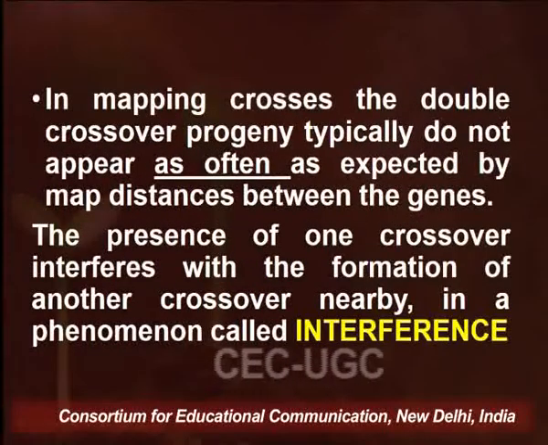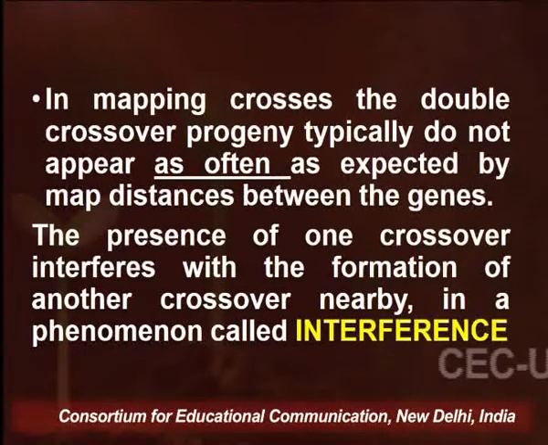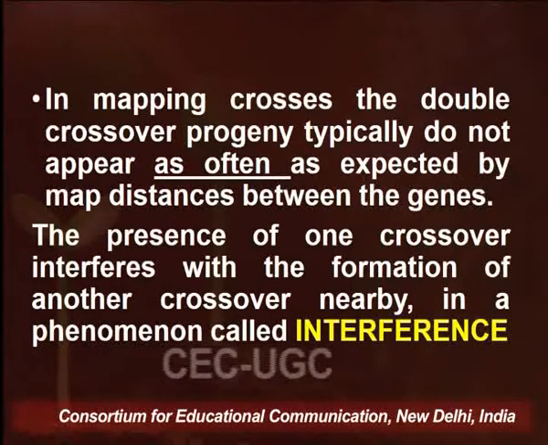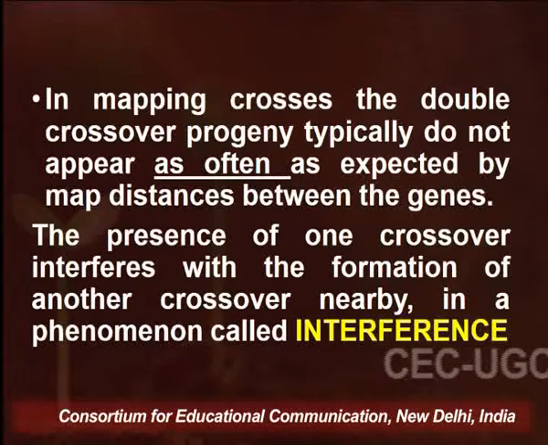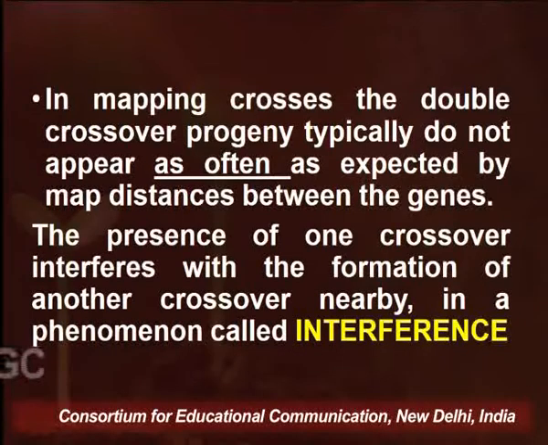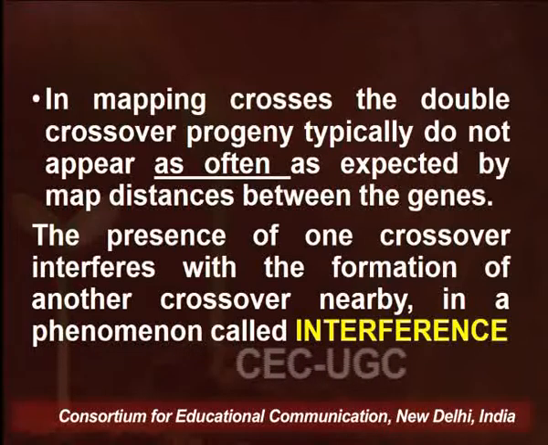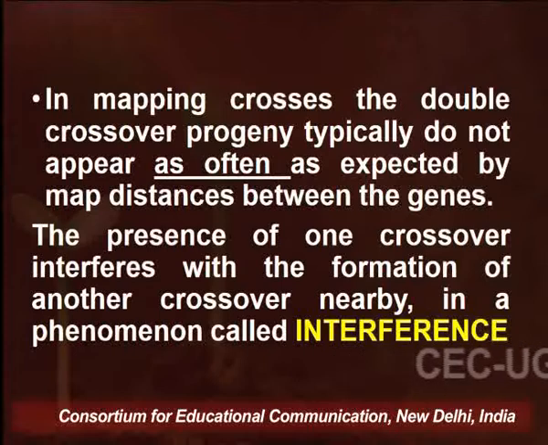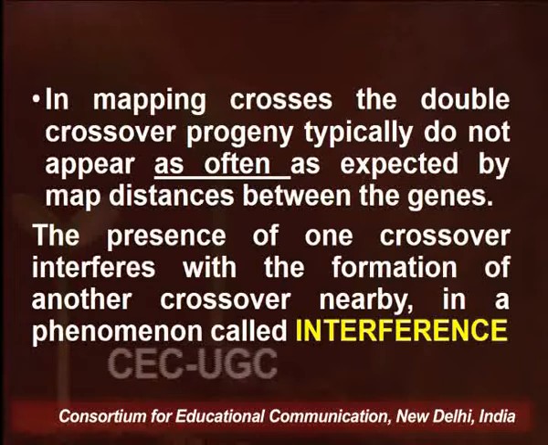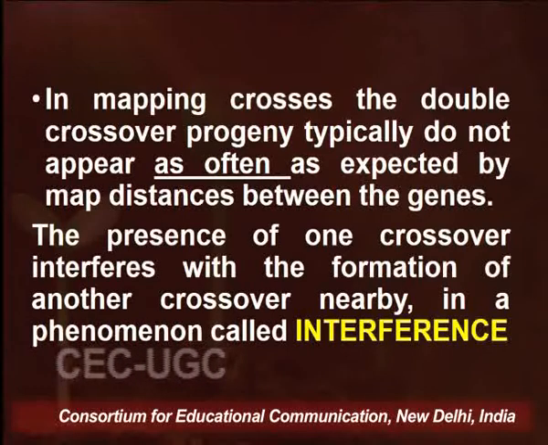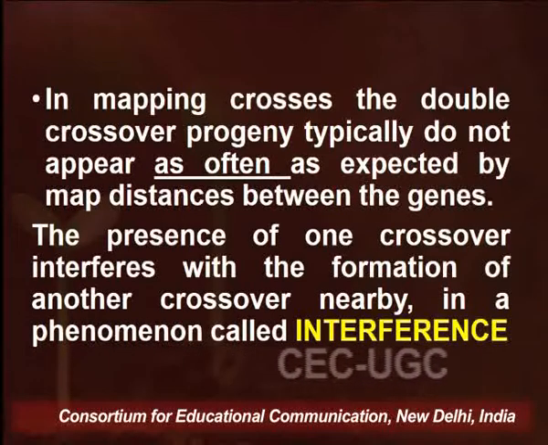We have another very important problem as far as the calculation of the distance and the crossing over is concerned. We have only theoretically mentioned that if the map unit is, say, 10 units and we have 3 crossovers, then if the distance was 20, naturally we can't simply take simple maths to our help and say the crossovers would be 6. In reality it has been found that double crossover progeny will not appear as often as we expect them to on the basis of the map distances between the genes.